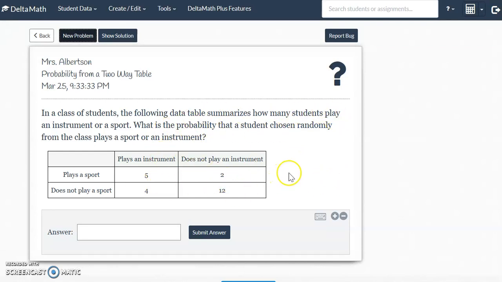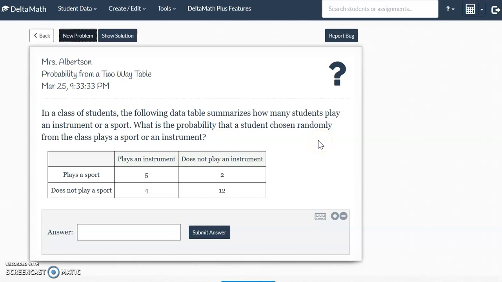Okay, similar chart, different numbers here. So we have 9 kids playing an instrument, 14 that do not, so that makes a total of 23 kids in the class. If we look this way, we have 7 kids that play sport, 16 that do not, but again, that's 23 students. Okay, so what's the probability that a student chosen randomly from the class plays a sport